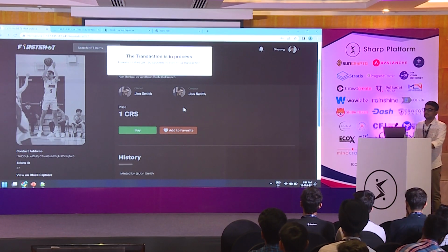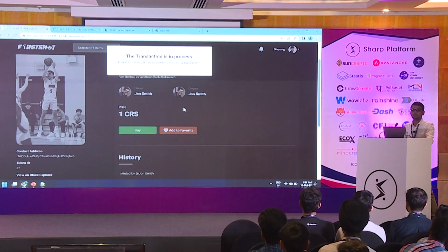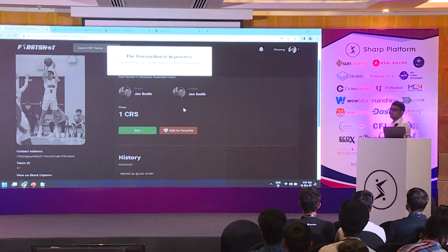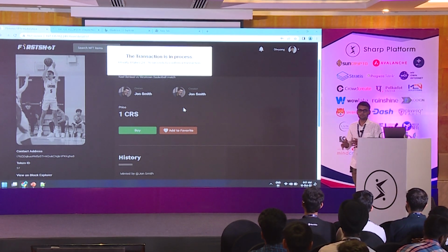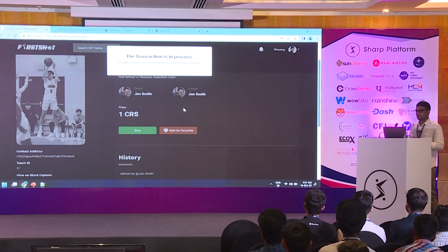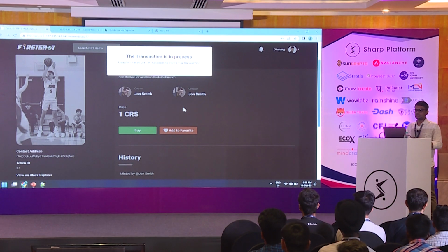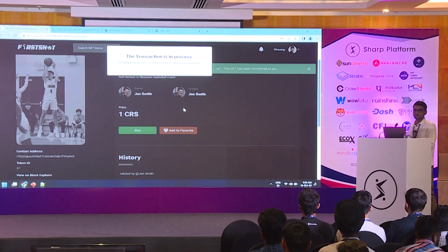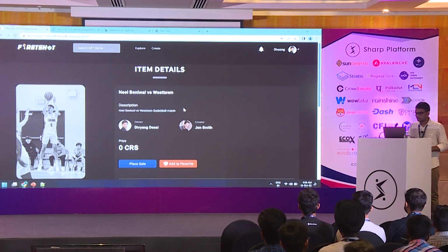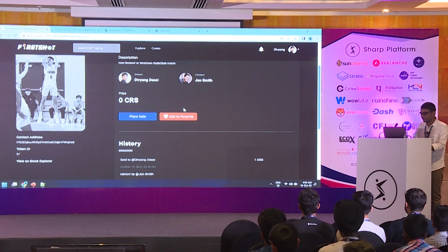In this case, we need a wallet and balance. So 1 CRS plus some gas fees will be deducted from my wallet. It will take a little bit of time. When you create an application, you can manage this delay using background services or queue services. But this is a demo, so I just created it in that way.